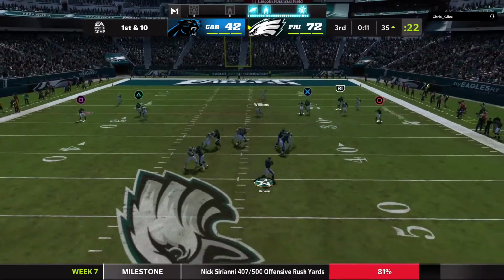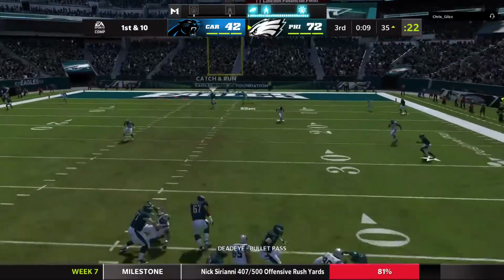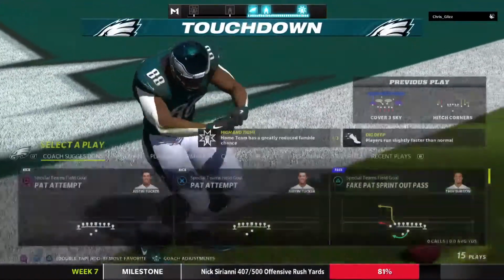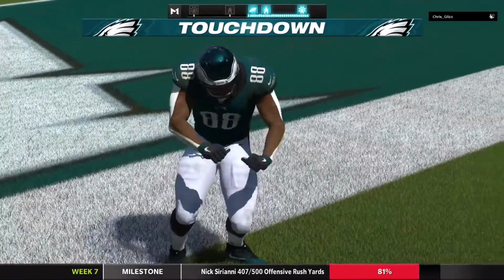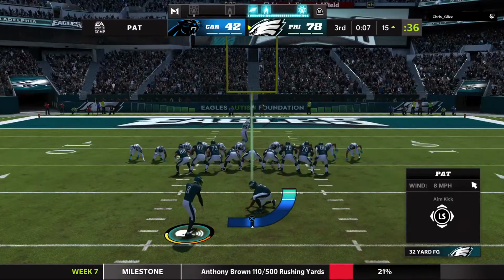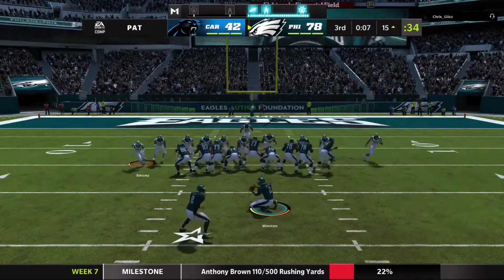Back to throw here. Flush to his right. He's going to let this go deep. Back over the middle. And that's going to be caught for an Eagles touchdown. A nice throw there by the second-year quarterback. And I don't believe that was the kind of play he would have made as a...